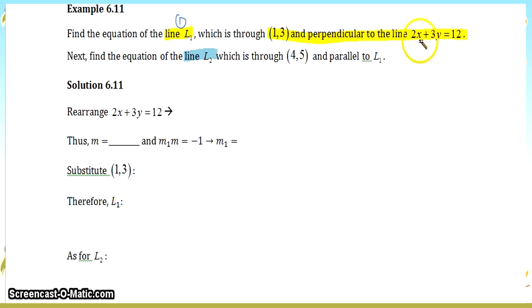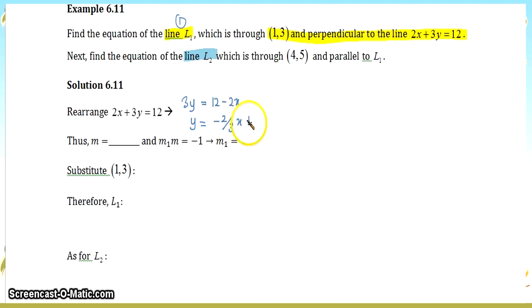We have 2x + 3y = 12. Rearranging this, we get 3y = 12 - 2x. Then we only want y on the left hand side, therefore we need to divide each term by 3. Therefore, we get y equals